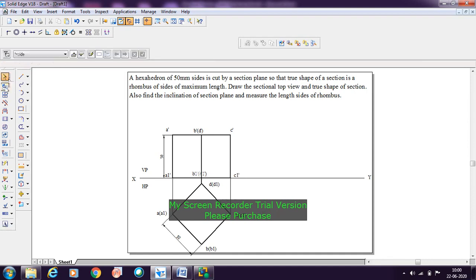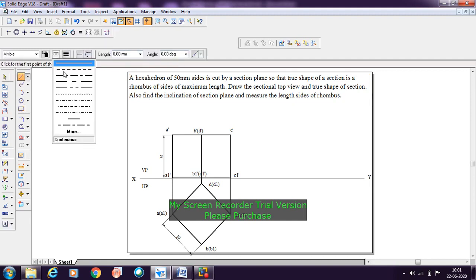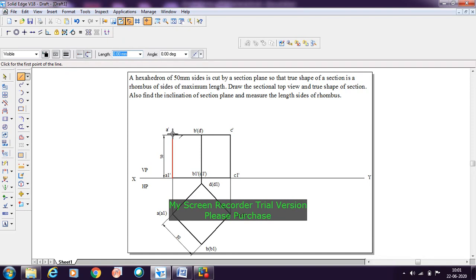Now after this, it is given that we need to get the true shape, we need to get it as the rhombus with the maximum length. When I cut it anywhere here, we will be getting some kind of rhombus, but we will not be getting the maximum sides. So in order to get the maximum sides here, you need to take the section plane passing through the diagonals. I'll tell you why, because when you cut along the diagonals,